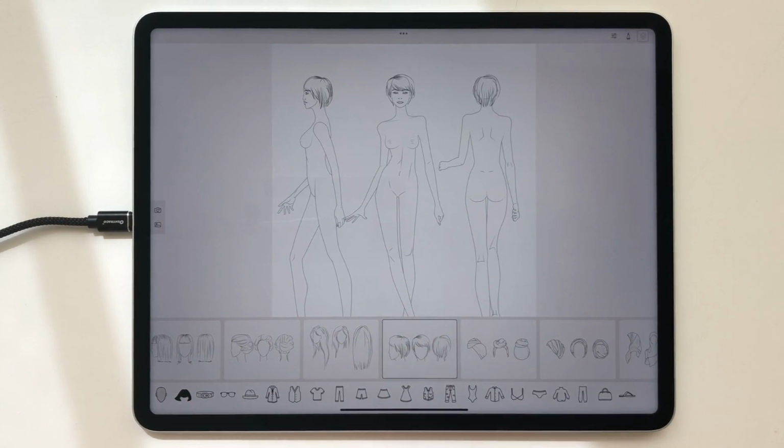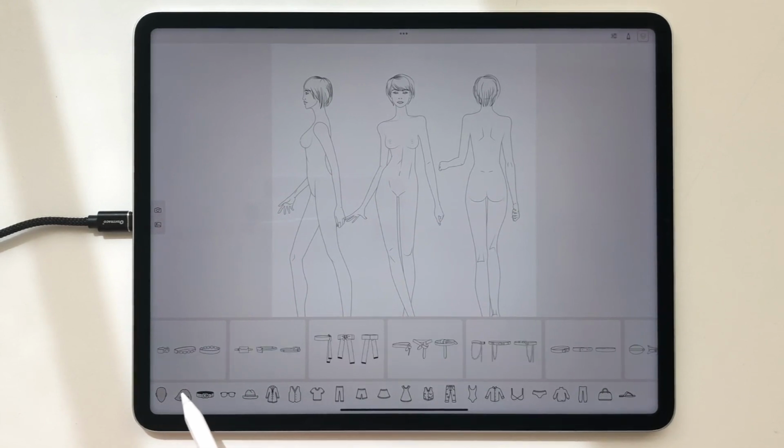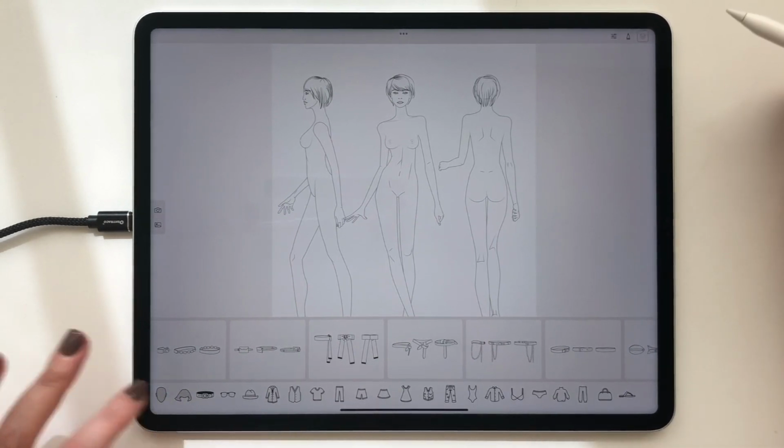And I want to say that once you have made a selection of a certain category, you will see that it has filled with this color. So it's not white, it has this neutral color field, which means that you have selected something from this